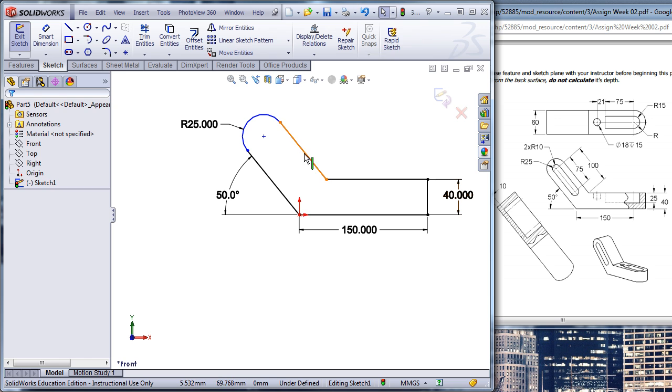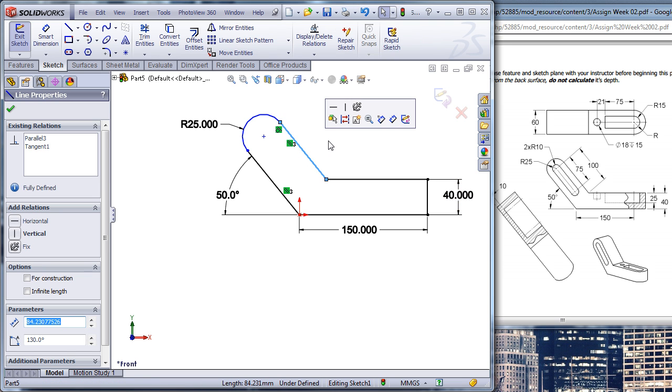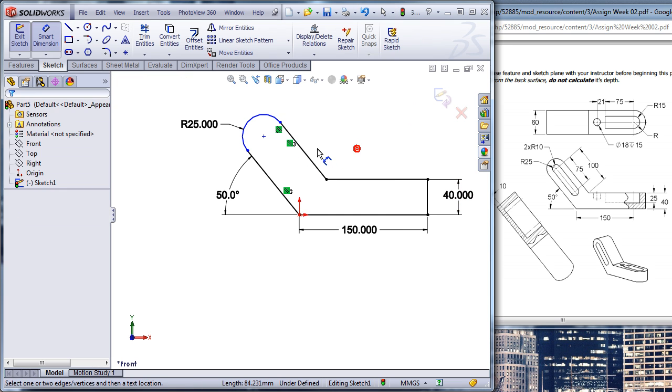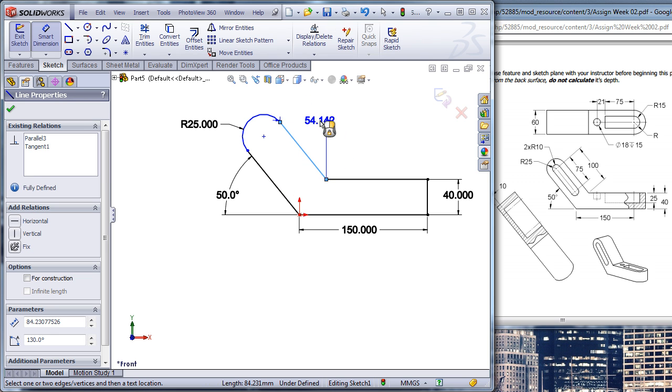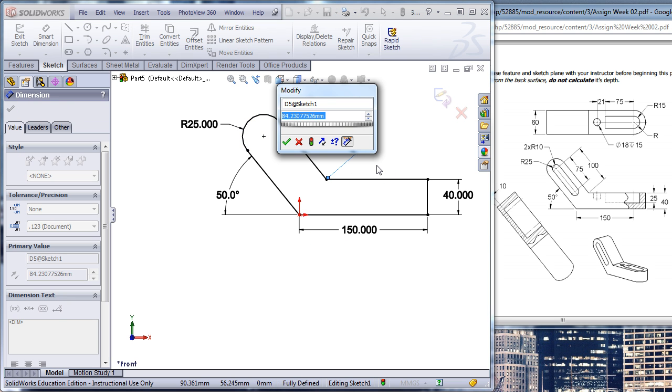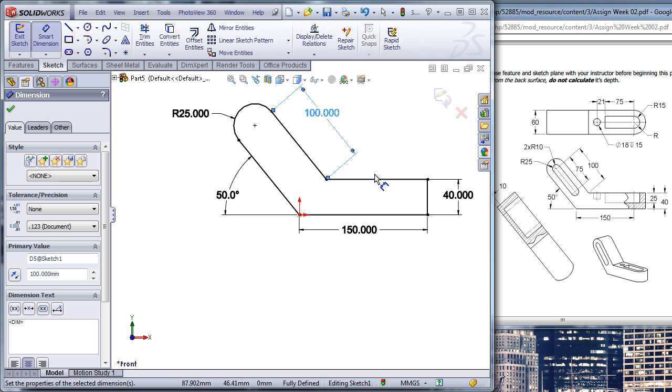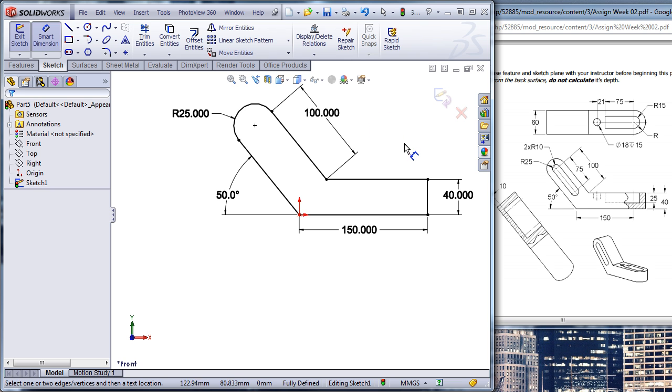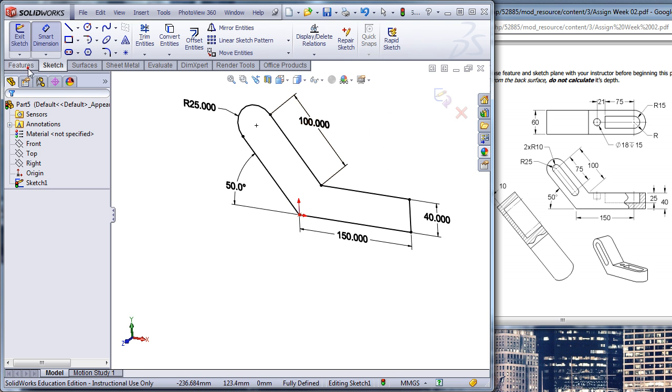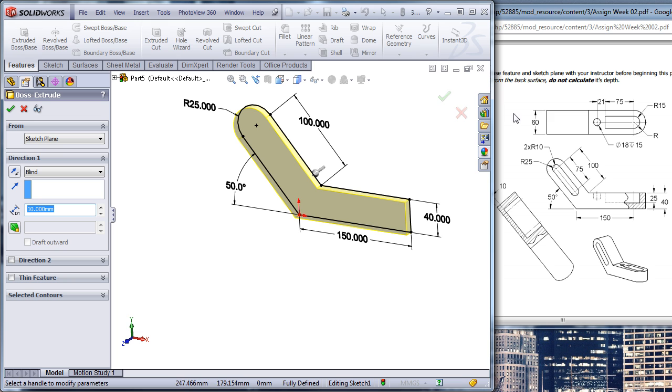So I'm just going to pick that line. Dimension tool. Pick that line and come out that way. This one's rather fussy, trying to get the right dimension in there. 100. Be careful. Make sure your dimension line is parallel to the piece of geometry. If you've got a horizontal or vertical, that's the wrong dimension. All right, this one's fully defined now. So I can extrude that. And it is 60mm thick,